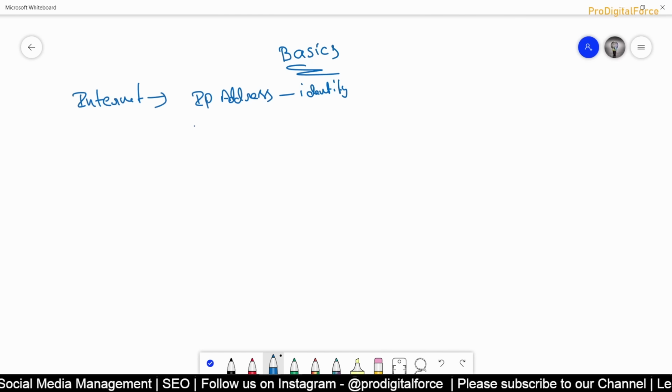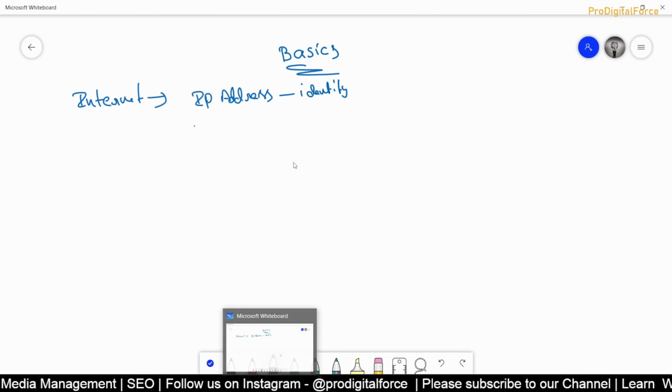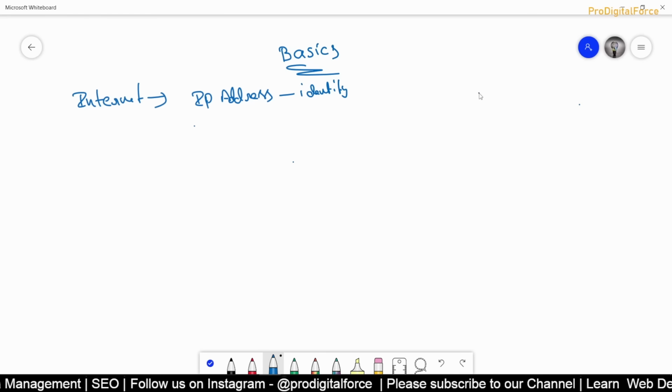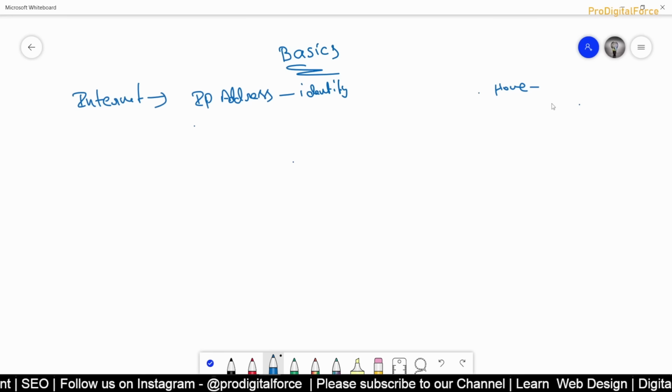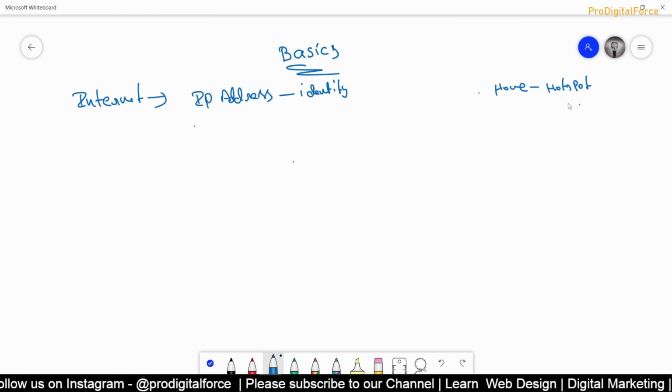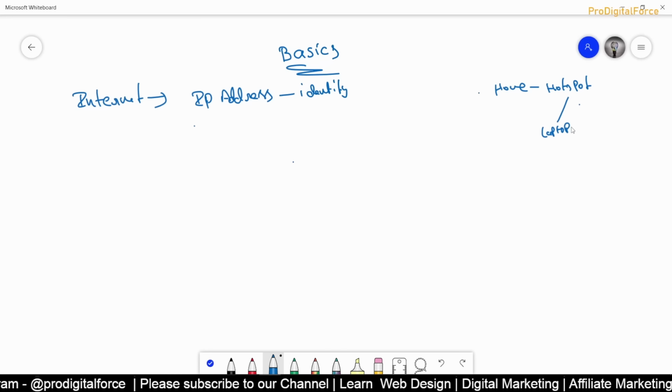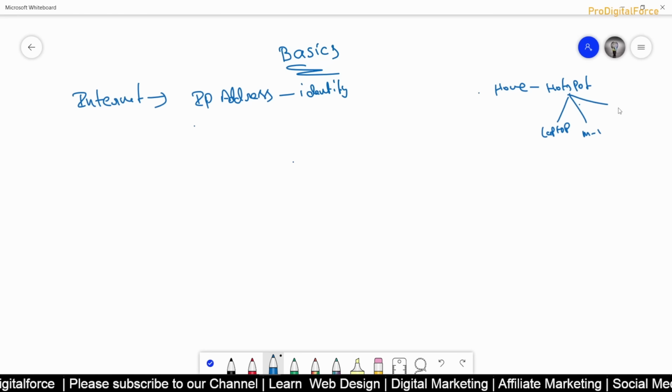Okay, there are two kinds of IP addresses, guys. One is your local IP. I'll just take 2 more minutes. You are sitting at home, right? Maybe you switched on your mobile hotspot. When you click on hotspot and connect to your laptop, then you have mobile 1, then you might have mobile 2.